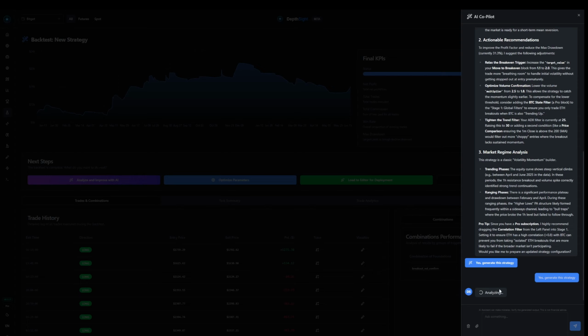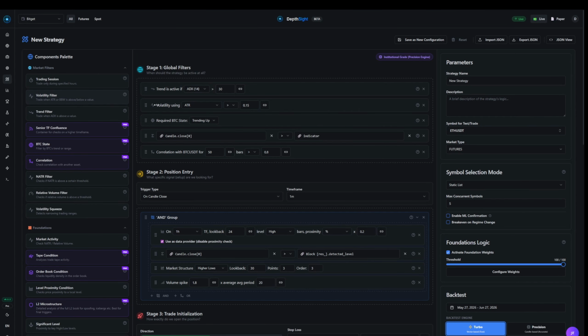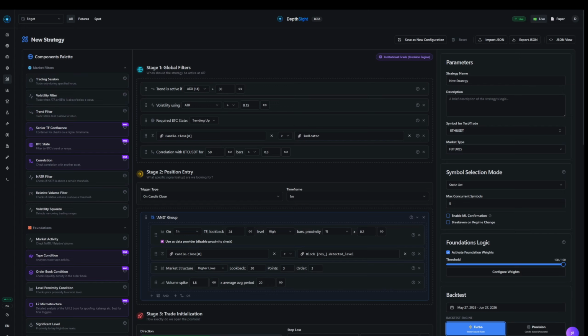Under the hood, DepthSight is an enterprise-grade multi-tenant SaaS in a box. With built-in Redis quota management, isolated user environments, and native Bitcart crypto billing, it provides the complete infrastructure to launch your own commercial platform. You bring the traffic, DepthSight handles the execution,